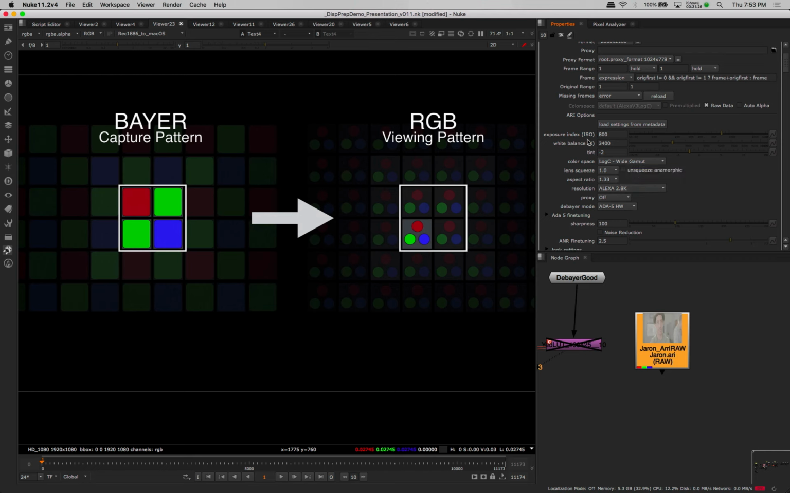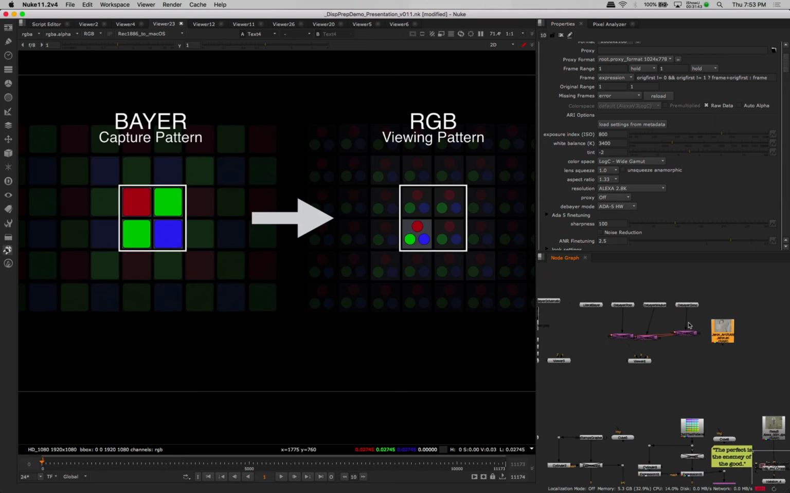But no. Exposure index, white balance, and tint, they're all the same thing. What are they? They multiply the image in linear space. Color space, what is that? That's a combination of a tone curve and a matrix. That's it. You could do that stuff after the de-Bayer, and it would be exactly the same. And the reason is,